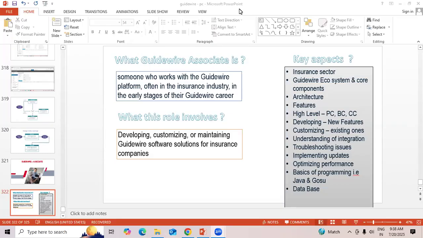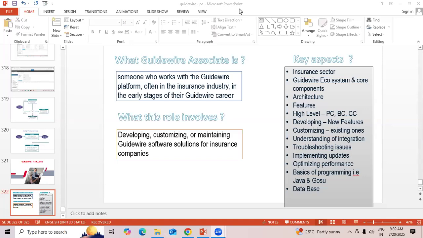It's always important for us to understand one of the basic certifications, called Guidewire Associate. This Guidewire Associate is a kind of role in the industry that majorly works with different teams: the development team, business analyst team, testing team, and so on. These Guidewire associates work with the Guidewire platform,